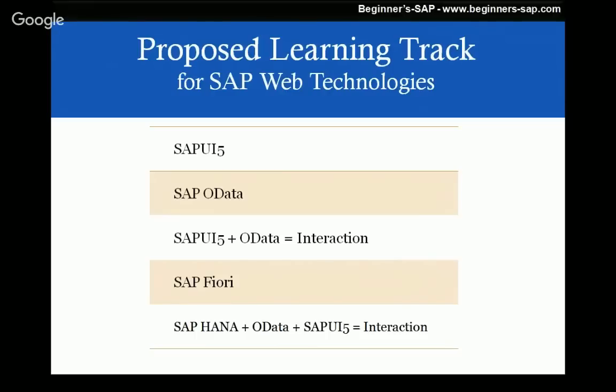Okay, so basically, guys, this is how a typical learning track goes, and if you learn this way, you will be in a better position to understand and get a holistic view of the whole thing, rather than just learning bits and pieces from here and there. This will give you a holistic idea of where what aspect fits where.